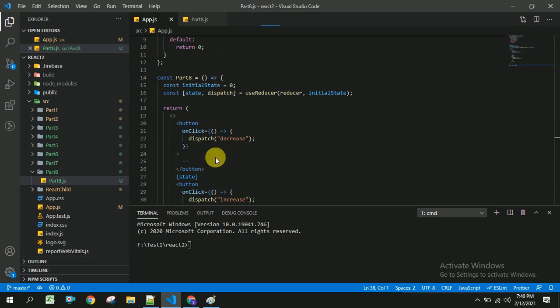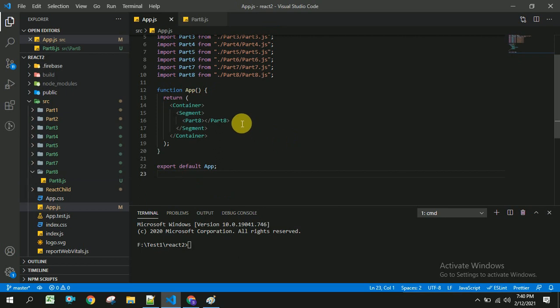I am going to give this entire code on GitHub, where you can clone the application or project and run it in your local.